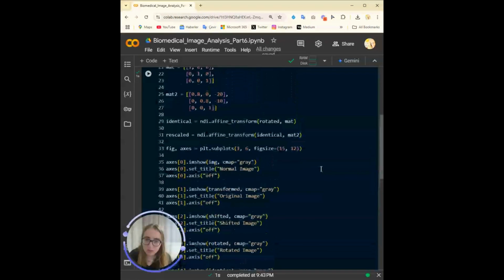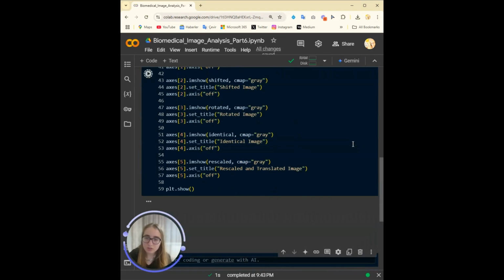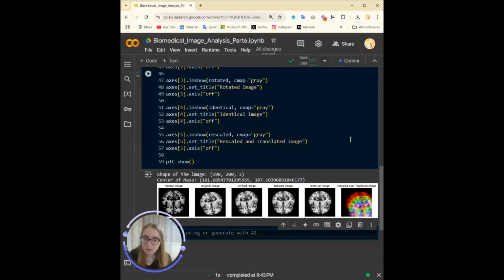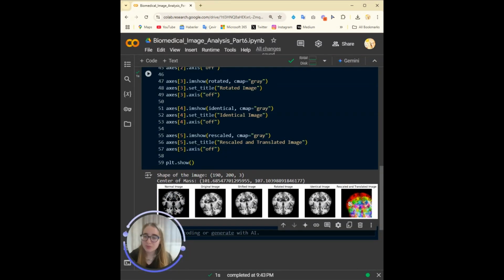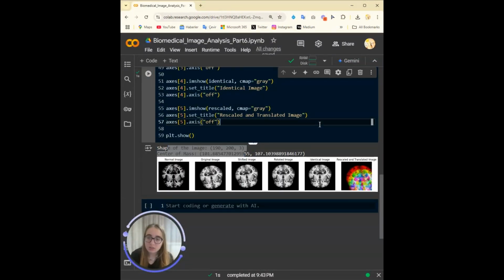So 18 by 15. Here you can see the problem. It also translates and rescales the color channels too. So that's the big problem if the image has a color channel.